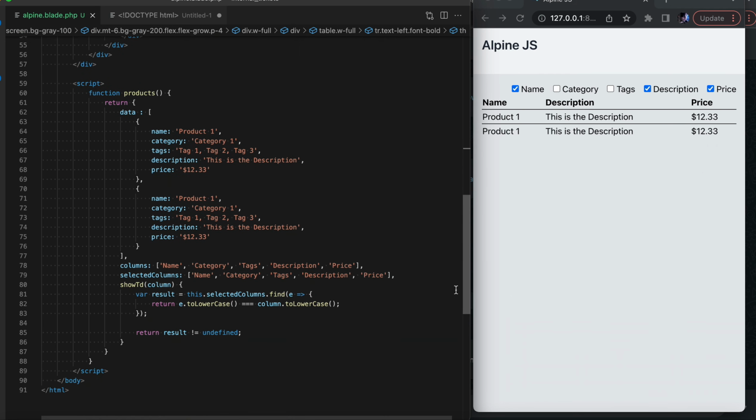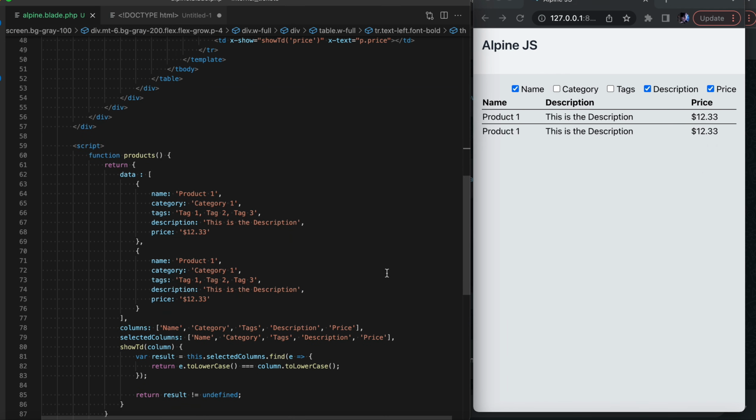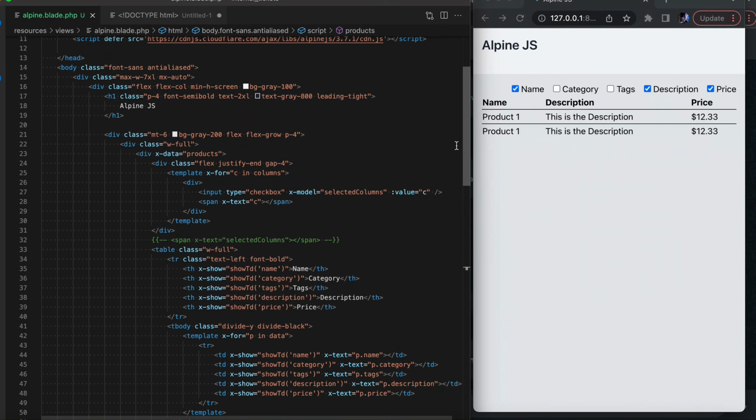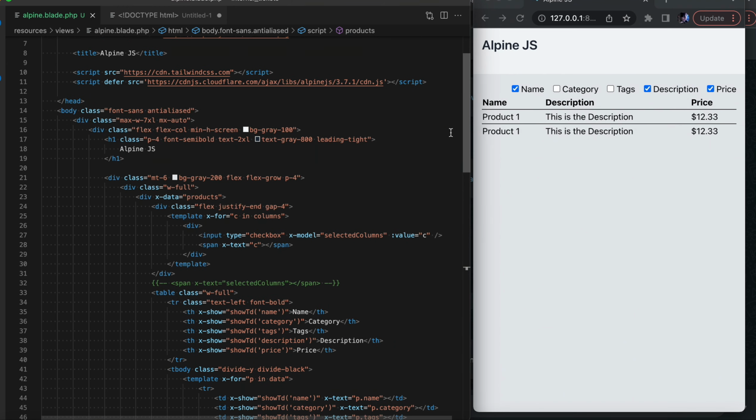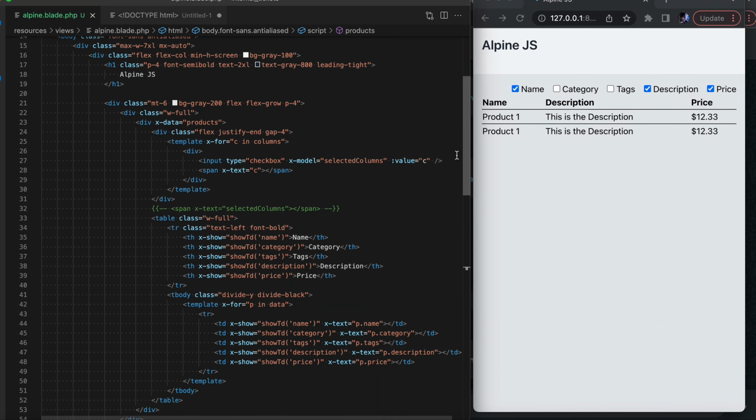Another thing that we can do to improve the code is this selectedColumns. We see that the code is repeating. So I'm going to initialize it to an empty array. And over here, we have defined the x-data. Here I'm going to define x-init. And this x-init, as we know, would be called once when the component is rendered.